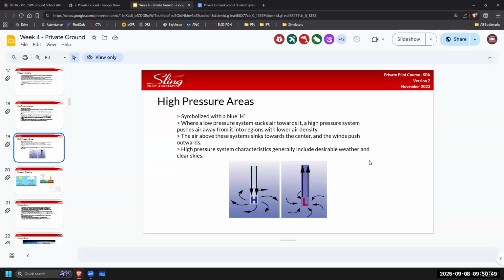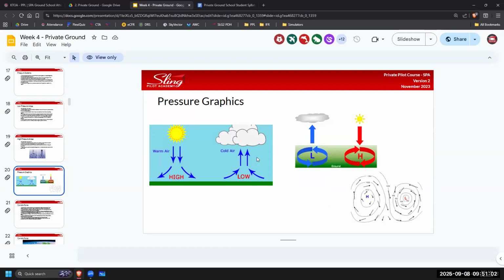Do we have this written down? Pressure reference, like two slides. Yeah. Okay, there we go. Why do they put all the pictures together at the end? There we go. Warm air.